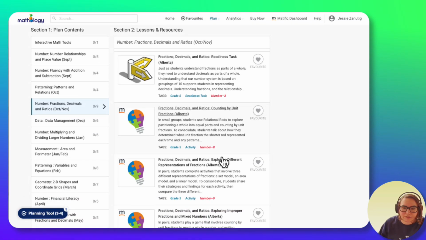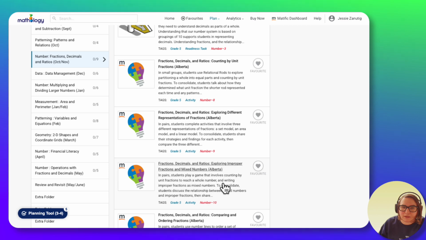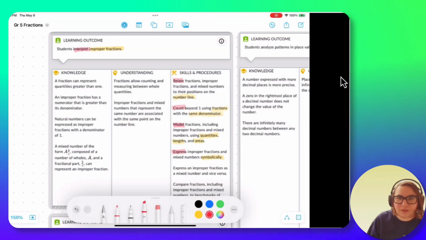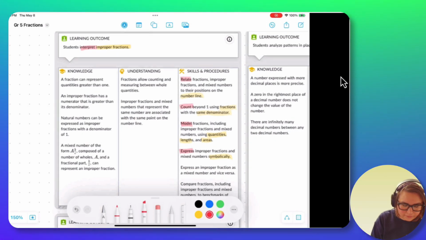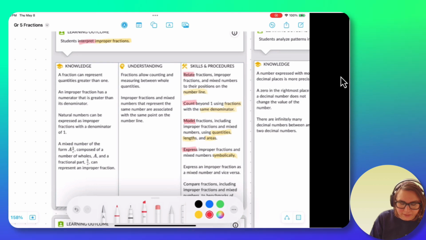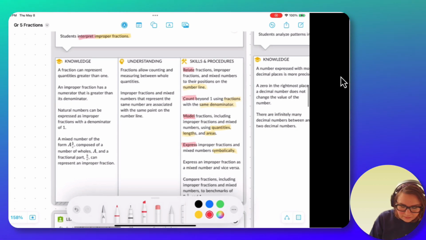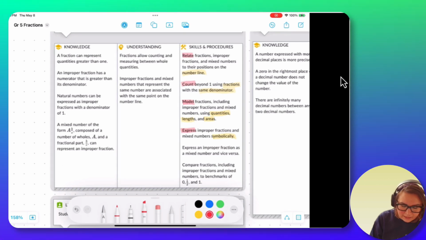Next, we're moving on to the fourth lesson within this unit. It's called Exploring Improper Fractions and Mixed Numbers. We're continuing to work on this outcome where students are interpreting improper fractions. And so while we're going to continue to build on the skills and procedures that we've already been working on in this unit by modeling, and we're going to continue to express improper fractions and mixed numbers symbolically, we're also